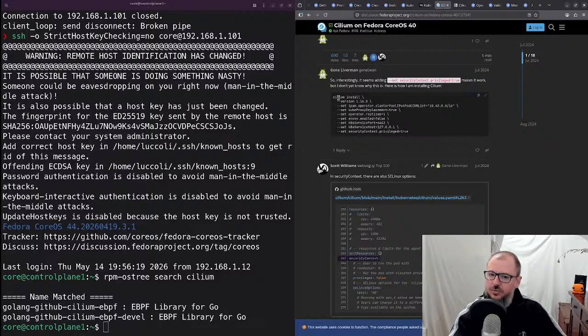Yeah, but how do you install the Cilium CLI? That is the question. Because then when you have the Cilium CLI, yes, you can install